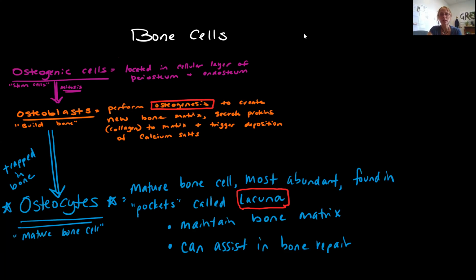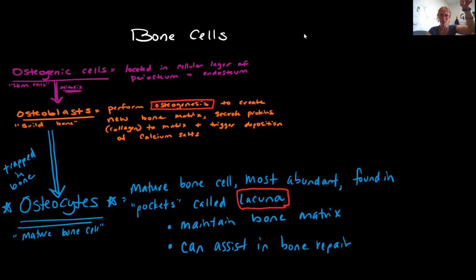And they're also found inside little pockets called lacuna. So as you're looking at your slide of your bone, you'll see your bone cell, and then you'll see a little space surrounding it. And that special little space is called a lacuna, or lacunae with an AE ending would be the plural form of the word. What's the job of the osteocyte? It's going to be maintaining that bony matrix and also assisting in bone repair,